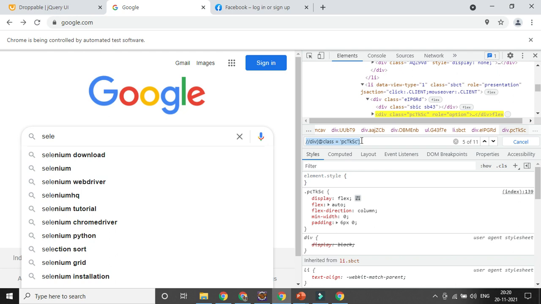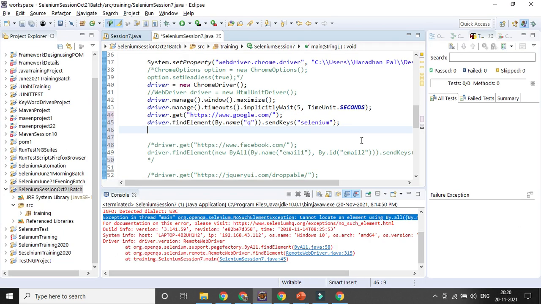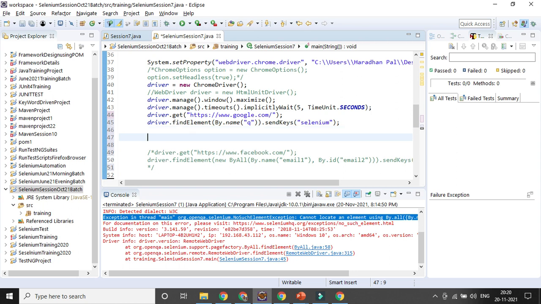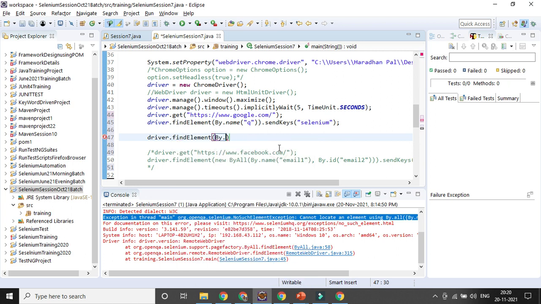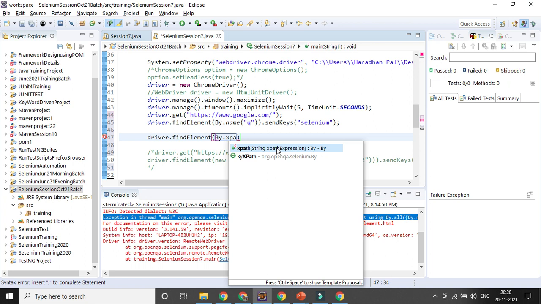So let's store them with the help of find elements, because a lot of items are there. How can I store them? driver dot find elements. Now what is the XPath? By dot XPath, and this is my XPath.